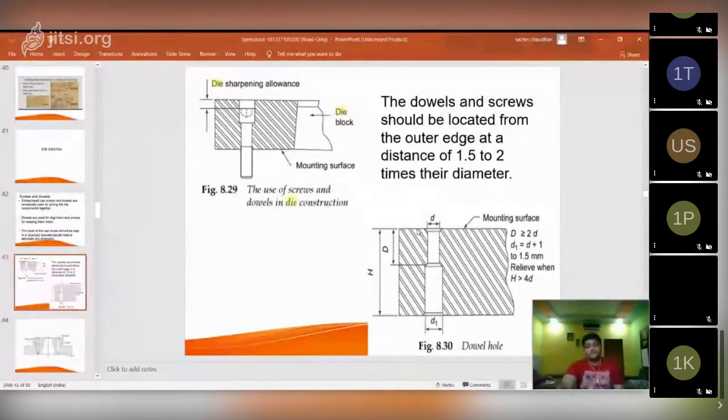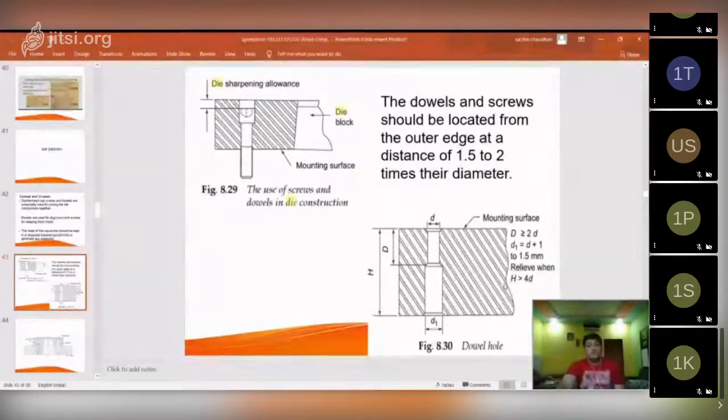Next, this is D1, which is another diameter or exit diameter. This is the leading diameter D. This is the trailing diameter, you can say D1. So D1 is calculated as D, the diameter, plus 1 to 1.5 mm relief.